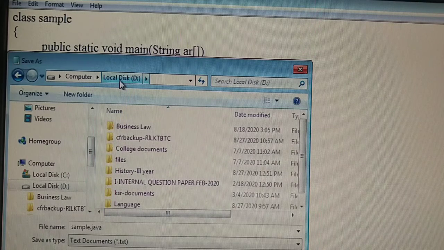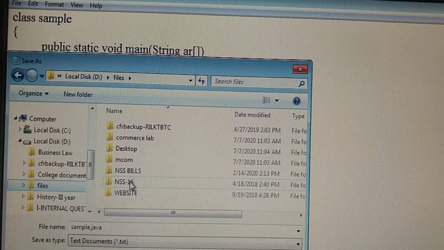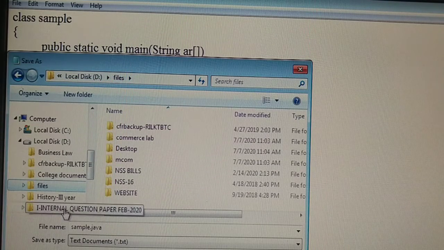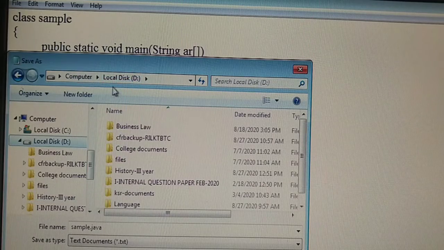For example, D drive files folder. Next, for example, D drive history folder. Like that. We have to observe where our source file is saved, the location of the source program. Now here our location of the source program is D drive.